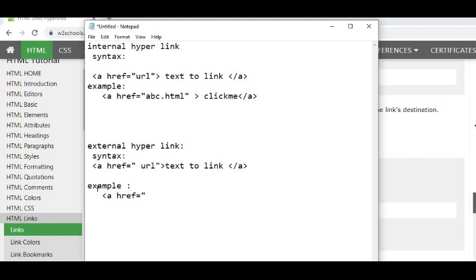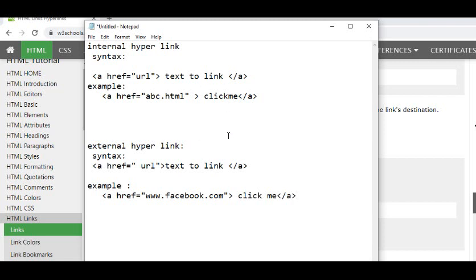I am writing here www.facebook.com. Click me, and I am closing the anchor tag.